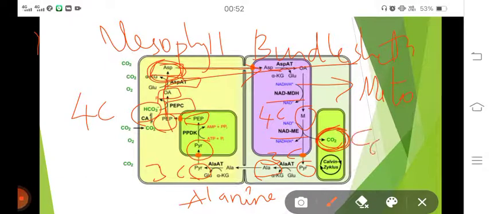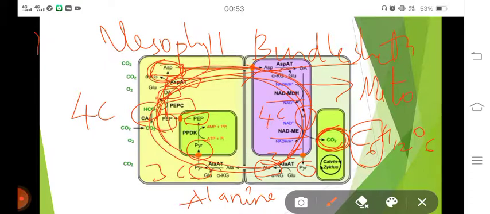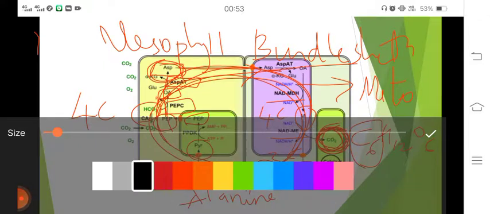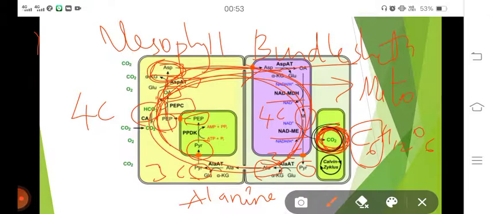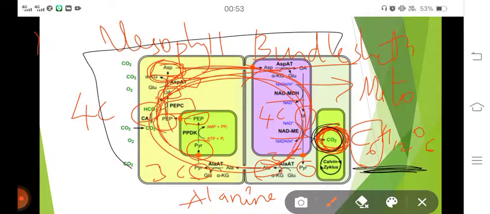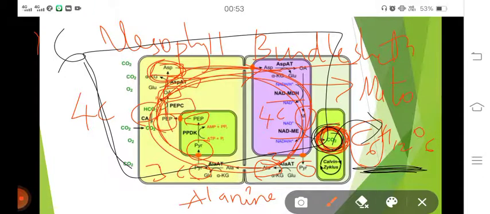If one glucose molecule, that is C6H12O6 molecule, should be formed, 6 times the C4 cycle should run, because once the cycle is running, it is giving only one carbon dioxide. So to give us glucose molecules, this particular complete cycle should run 6 times, so that 6 carbon dioxides are given into the C3 cycle. This is involving NADME enzyme, that is why it is called NAD type of cycle.